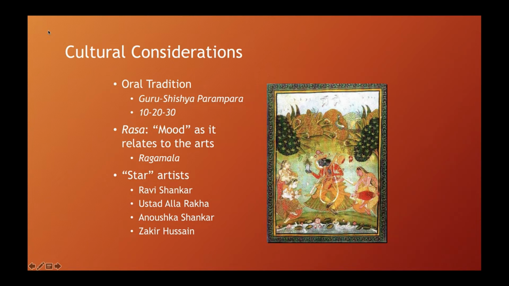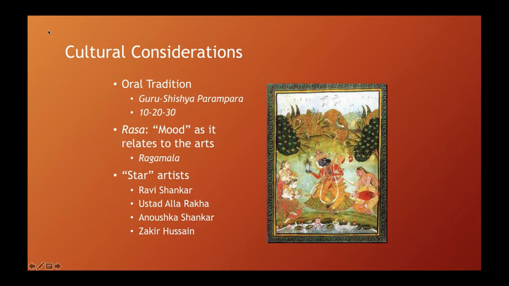And I put those numbers 10, 20, and 30 there because that is something that's stuck in my mind from the most famous Indian musician, Ravi Shankar. He said, it takes 30 years to become a master musician. By the end of the first 10 years, you're pleasing yourself. Then in 20 years, you're pleasing your teacher. After 30 years, you're pleasing God. That's how he approaches it, and that's how a lot of Indian musicians approach this practice and this devotion of